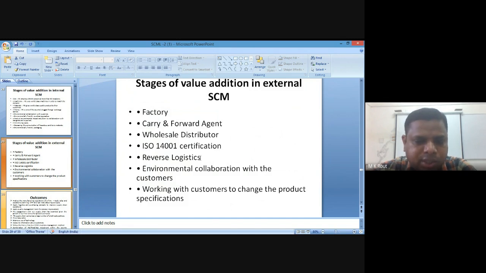One is forward logistics, one is reverse logistics. Forward logistics in case of ITC is company to wholesaler, then wholesaler to small distributor, then small distributor to your consumer. But if your product is not up to the quality level or not up to the mark, most customers reject the product, and in case of rejection of the product, the reverse logistics is applied. Initially the customer provides the demand information and also provides the product.